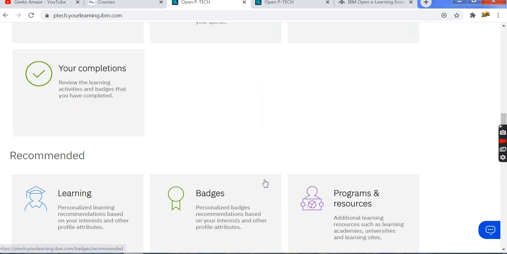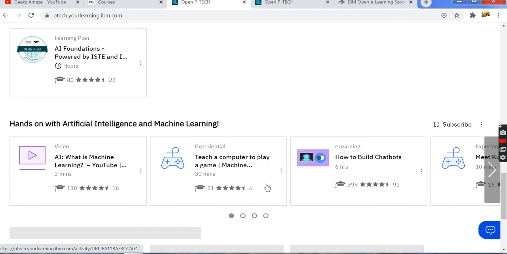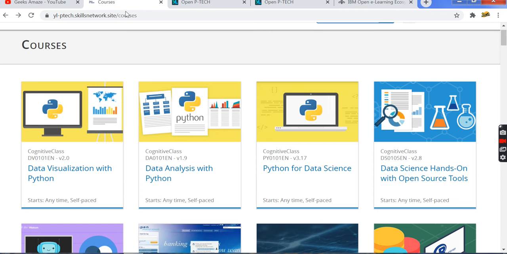There are many badges and certifications. You can enroll in as many courses as you want. Also, if you want courses, you can click on the link provided in the description.